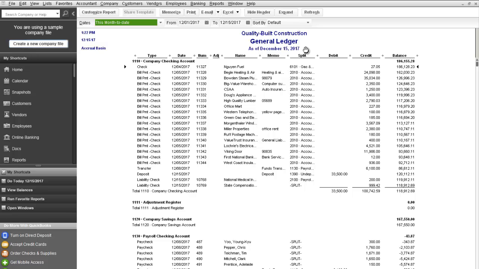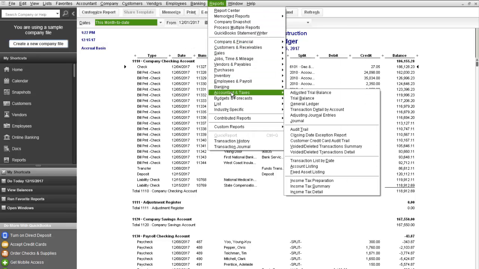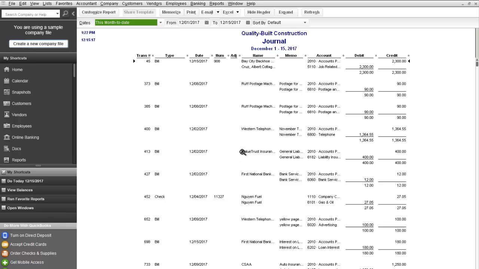using this button here. But this is a general ledger report, like I said, just the general ledger activity per account. Another common report your accountant may want is the journal report. Again, we're getting that same message, but your journal report is a